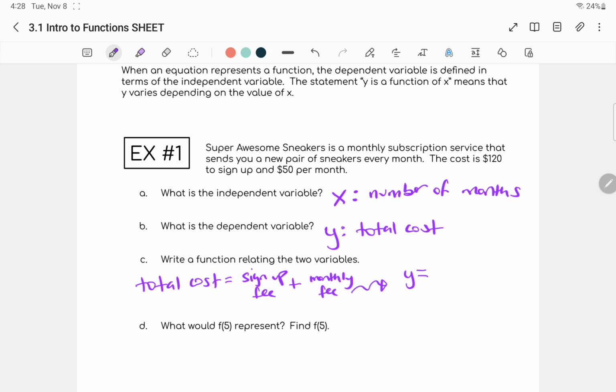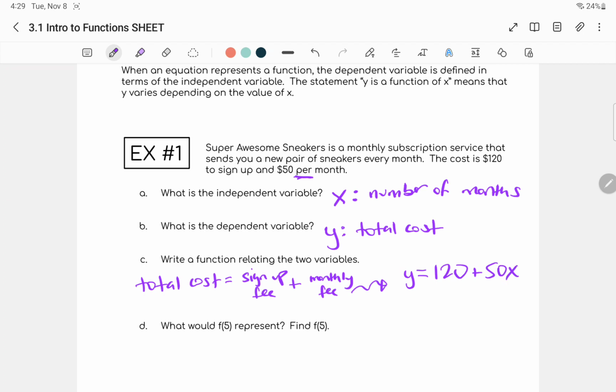And then our sign-up fee is $120 to sign up. So that's going to be $120. And then it's $50 per month. Again, back to when we did our inequality word problems, that per means that I'm going to be multiplying $50 times the number of months. Since I don't know how many months, I'm going to use x. So it'd be plus